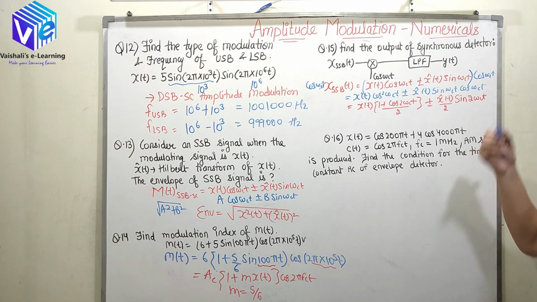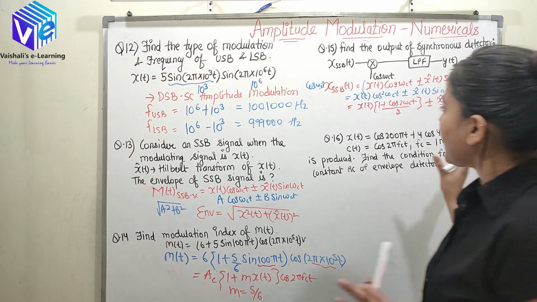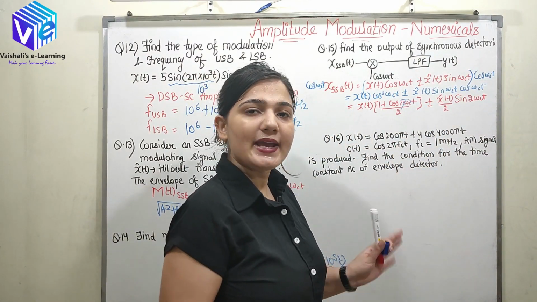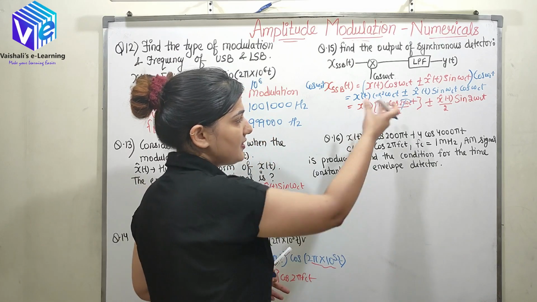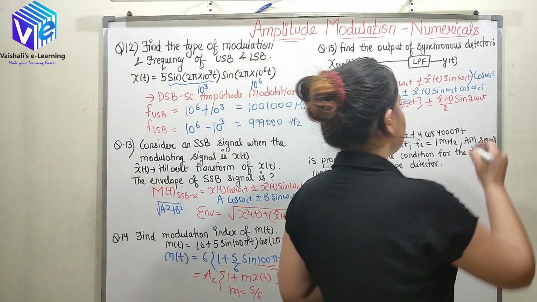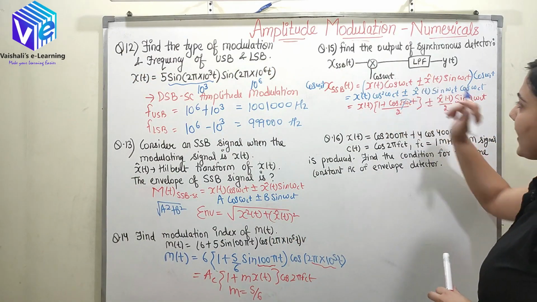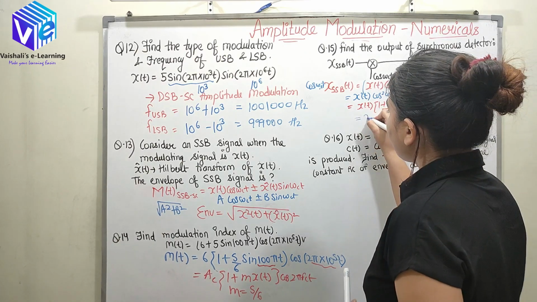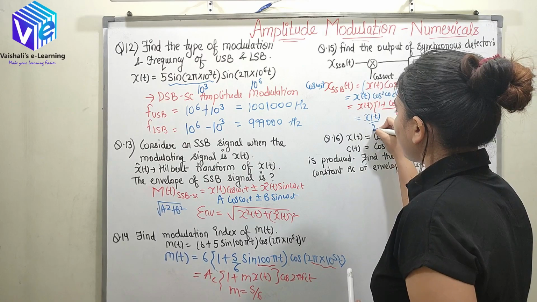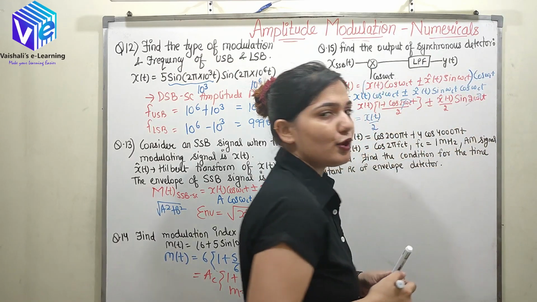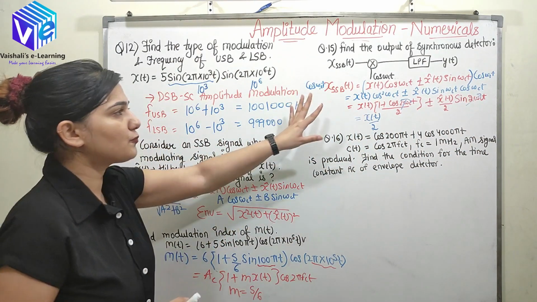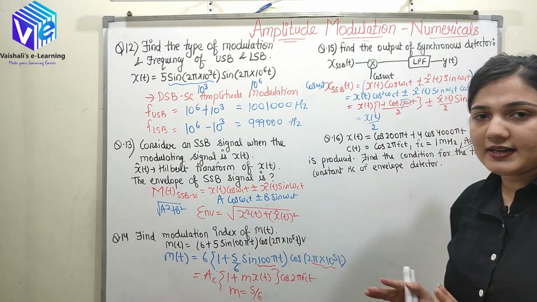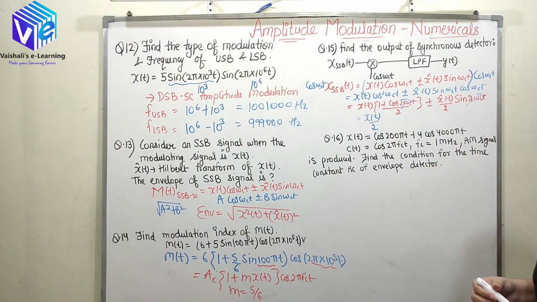Now it is passed through the low pass filter. ωc itself is a very high frequency, so 2ωc is a very high frequency, and it will be rejected by the low pass filter. Similarly, this frequency is rejected by the low pass filter and I am left with x(t) upon 2. So this is my output of the synchronous detector. Although I had discussed it in the theory part, I have discussed it again now.